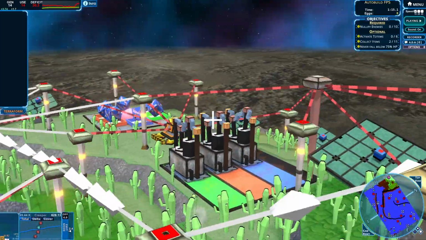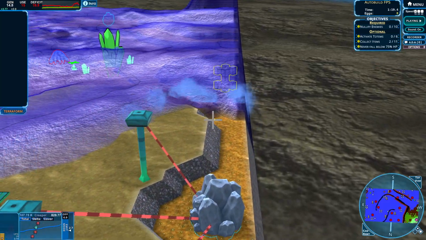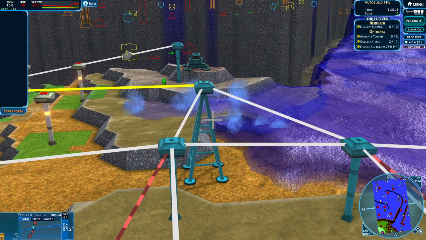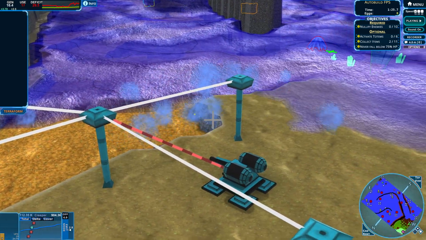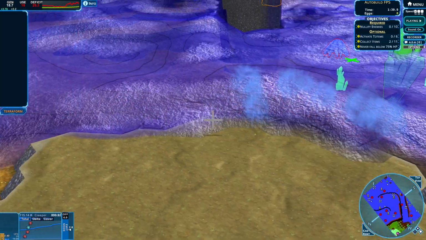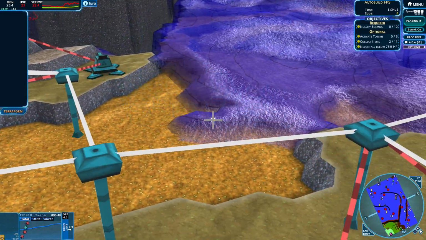Initial time I played this, I just didn't see this info cache over here, so I didn't actually grab it until the very end of the map. So that's like some multiplied power pretty much gone throughout the entire map, because I just didn't see it at first. But either way,